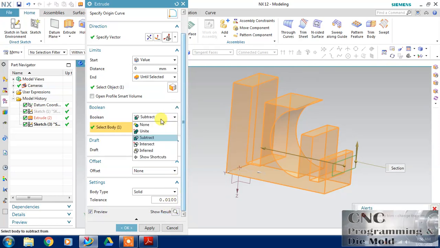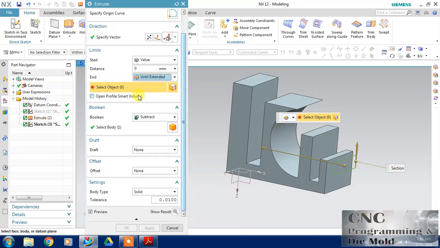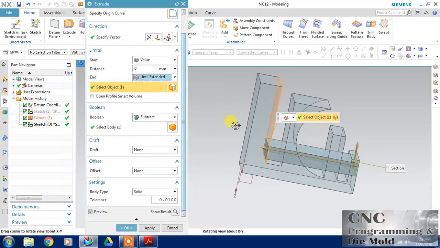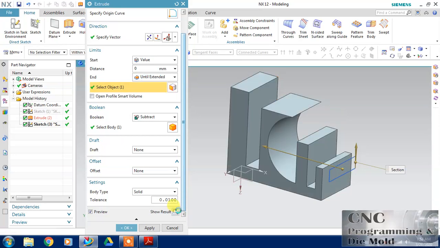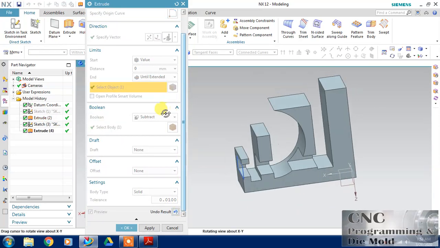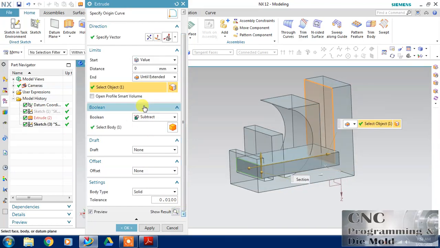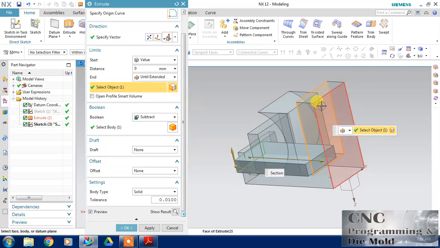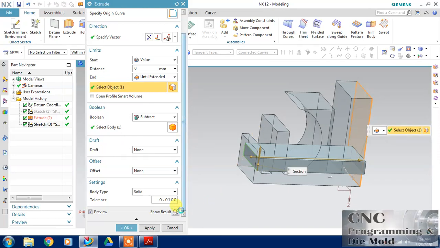And in this option, just change this to until extended. It will extend or cut until the selected body, selected face. You can see the face you have selected, it will cut up to that boundary.